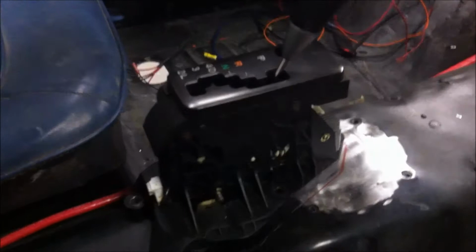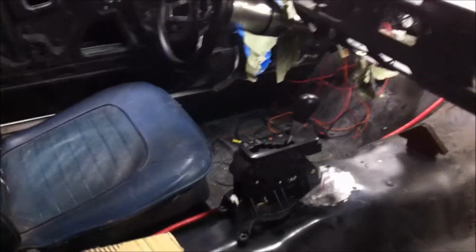Alright, here's the project we're working on today. We've got the shifter mounted in a comfortable spot for the driver, that's easy to reach. The problem with it is, with the shifter mounted in this location, the shift lever that actually goes down in the hole underneath the car